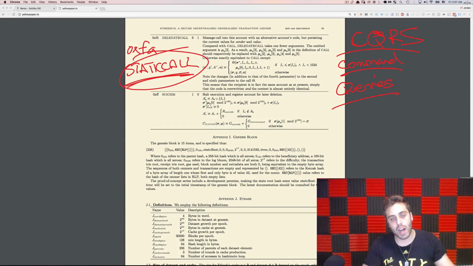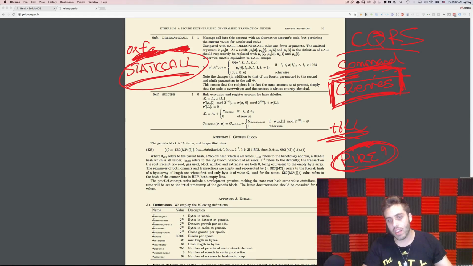And having an explicit opcode for calling out to contracts in a read-only context is really valuable because it makes it a lot more obvious what code is doing, and it lets high-level languages like Solidity implement features like what they're going towards in the next release, which is going to have this pure declaration where you can define functions as pure functions that don't modify state. So these are going to be tools for developers to use just to make it a lot more obvious what contracts and functions are actually doing, and hoping to prevent reentrancy bugs and et cetera, things that have been happening on the network in the past.